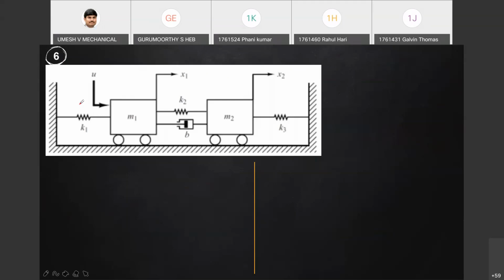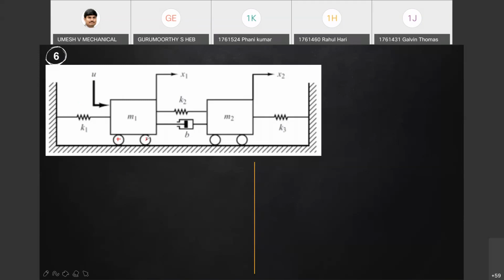I am taking one without mass, then with the mass, then I took an external force. Some problems I took arranged in the horizontal direction. Some I took arranged in the vertical direction. This problem I have taken